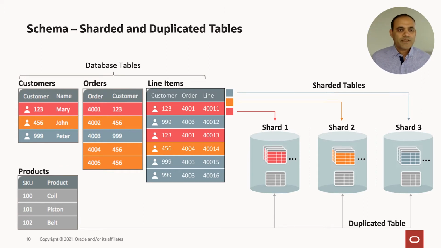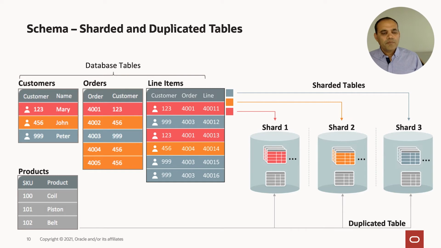What that means is that we basically partition the data for this set of tables. This set of tables, which we also call a table family, is a group of tables which are sharded by the same sharding key. A sharding key is nothing but just like any other primary key, and it could be a single column or multi-column as needed.